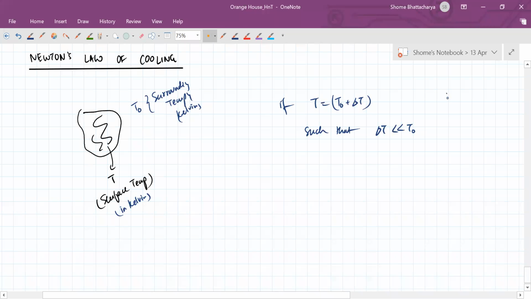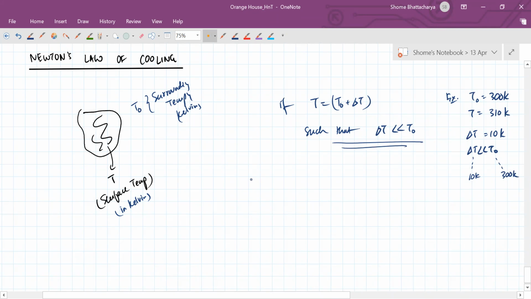For example, if the surrounding temperature is 300 Kelvin, but the surface temperature is 310 Kelvin, the difference is 10 Kelvin, and that difference is small compared to the surrounding temperature, because this is 10 Kelvin and this is 300 Kelvin. So if this condition is satisfied, then the rate of cooling,